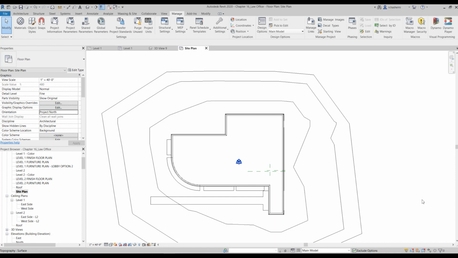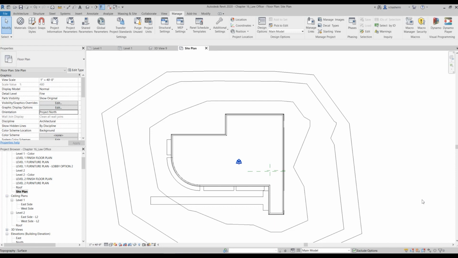Okay, so whenever you download a block or a family from a website, you need to link the images inside that file to your project. Otherwise, Revit would not be able to find the bitmap that corresponds to that specific material, and the material of the object you have downloaded would not appear correctly in your renderings, okay?